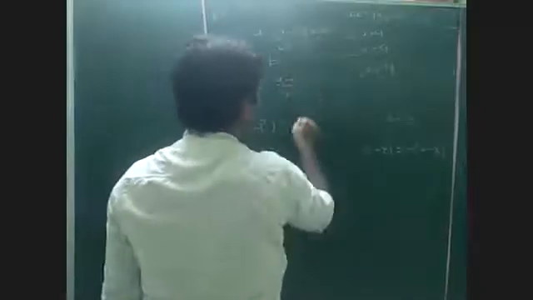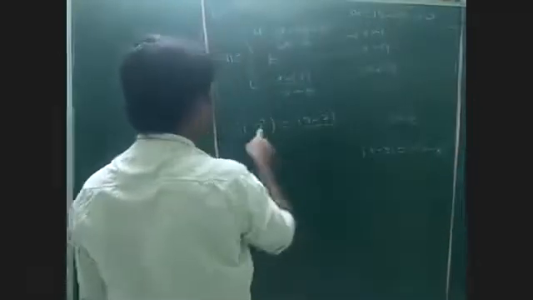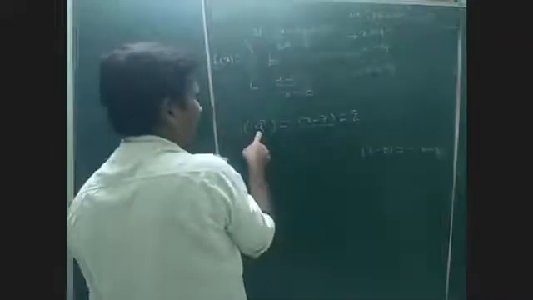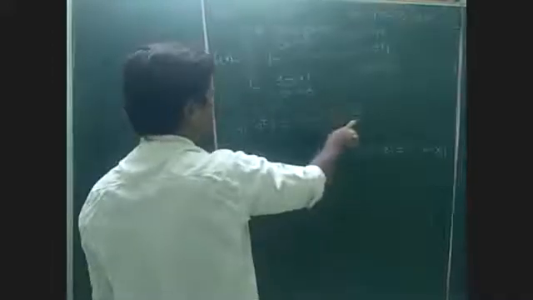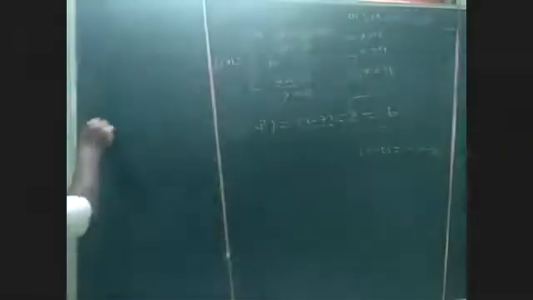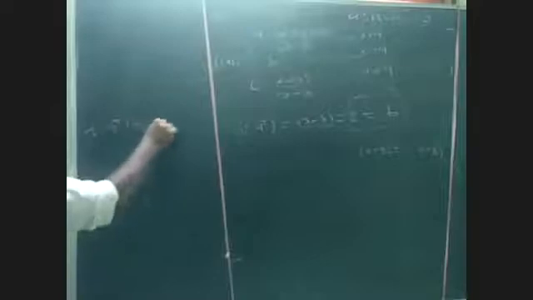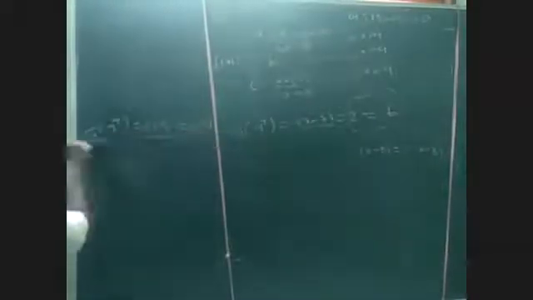So what remains is x minus 7. In x minus 7, substitute 9. 9 minus 7 is 2. So clearly the right hand limit I got is 2. 2 is equal to this b. So finally we got the b value as 2. Because we already know that the right hand limit is equal to the left hand limit, which is equal to f of 9, because it is continuous.